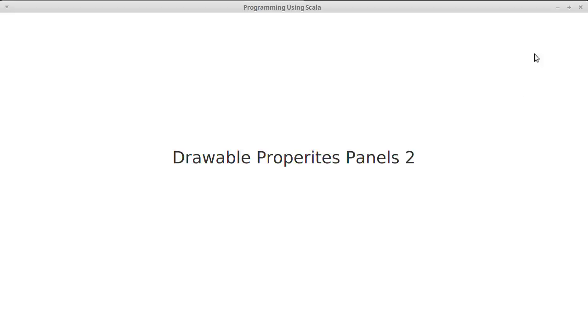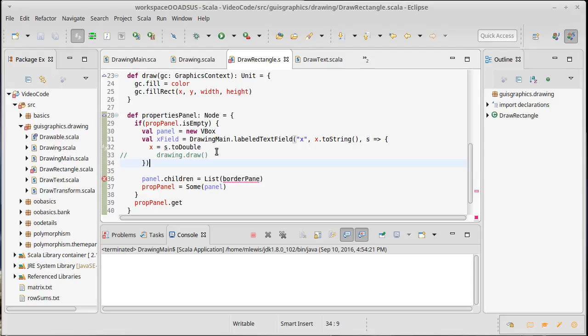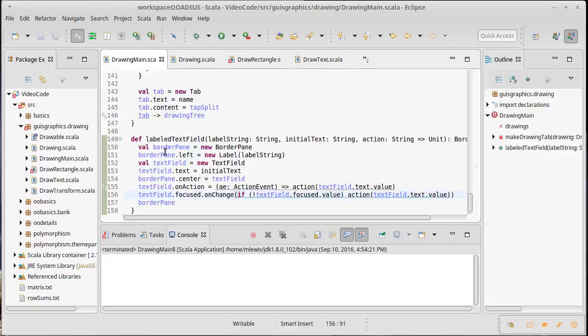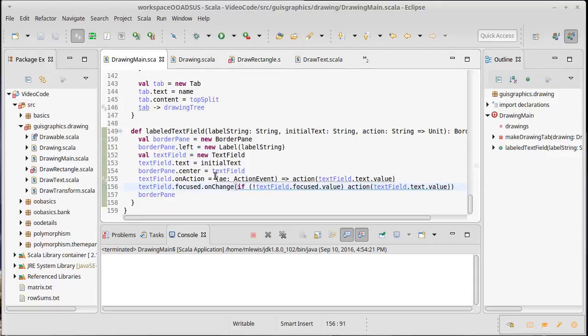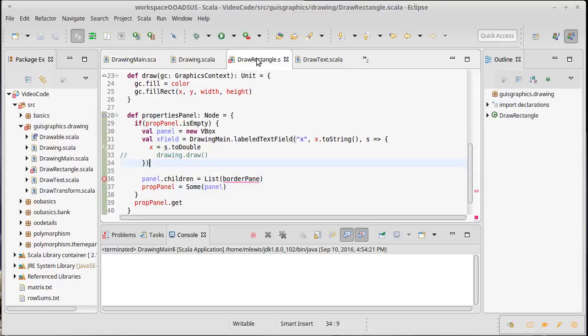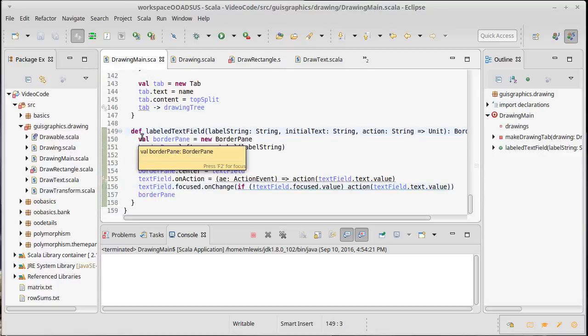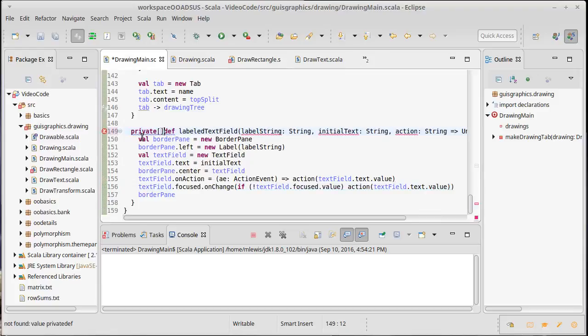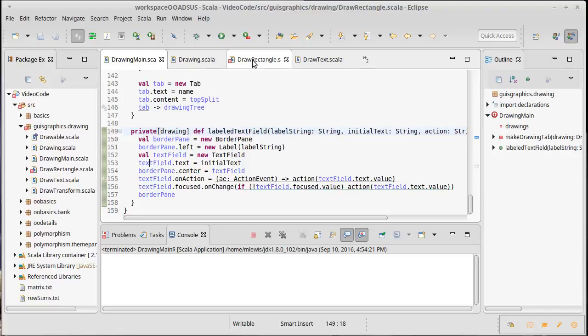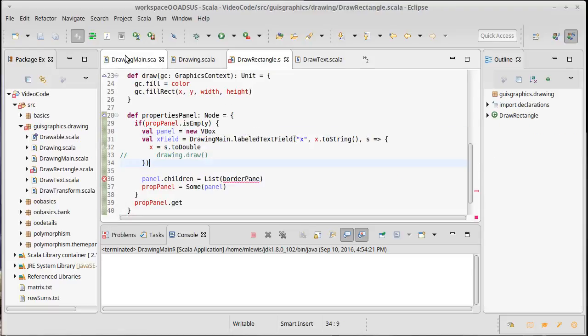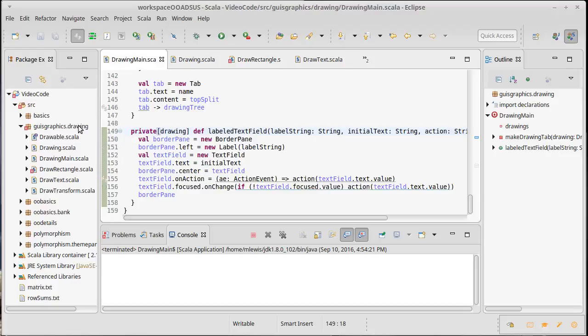In the last video, we were working on adding our properties panel to our rectangle. We realized that the way we were writing the code was going to wind up with a whole bunch of duplicated code, so we put a method inside of drawing main so that all of the different drawables could access it. If we wanted to, we could even utilize the special visibility settings that we've worked with, and I could make it private drawing,